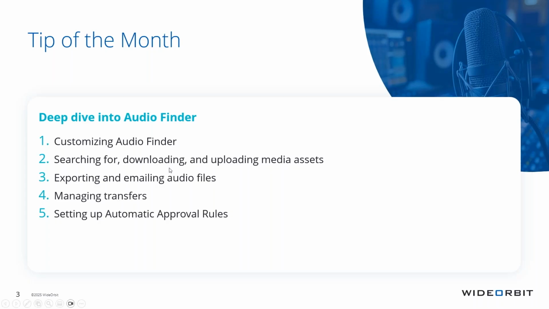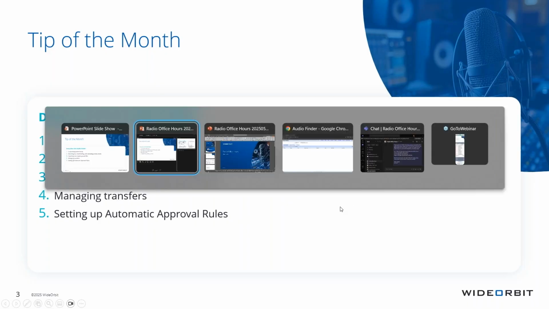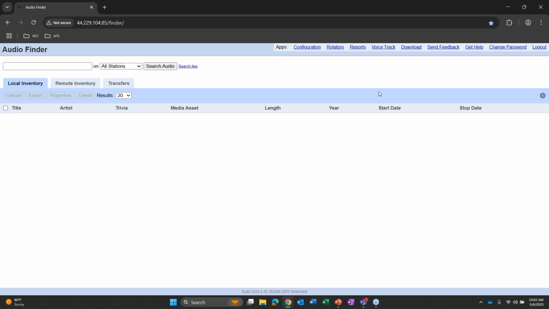So without further ado, we're going to go through customizing Audio Finder, searching for and uploading assets, exporting assets, managing transfers, automatic approval rules, but more than that, also working in the individual properties. So without further ado, we're going to hop over to